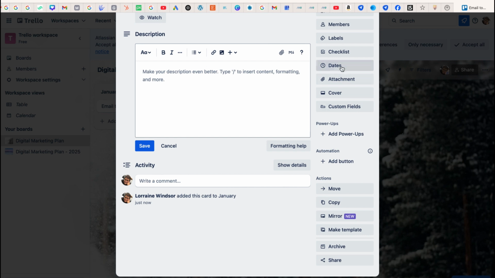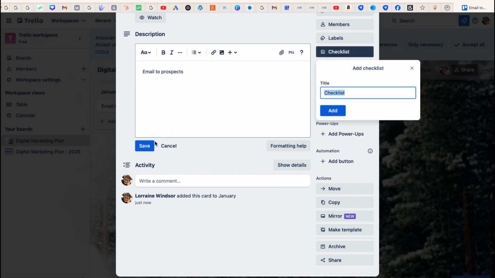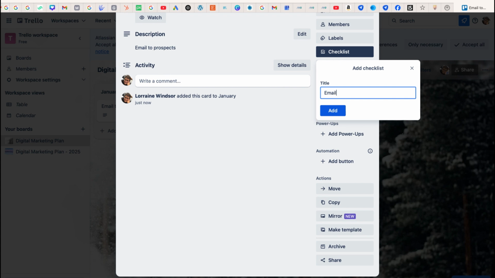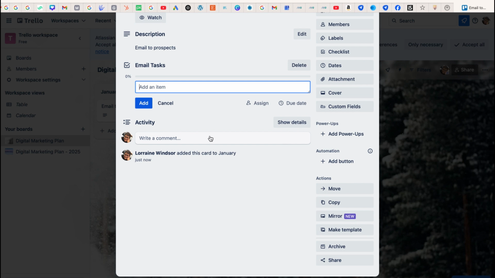I can do things like add a checklist. I can put a good description. So this is my email to prospects, and I'm going to add a checklist. I'm going to save that, add my checklist. And so on my checklist, I can say things like write email in my software,